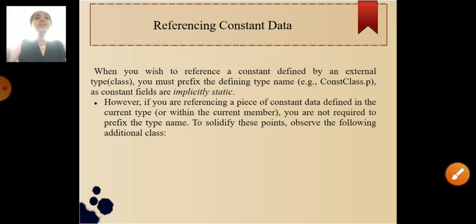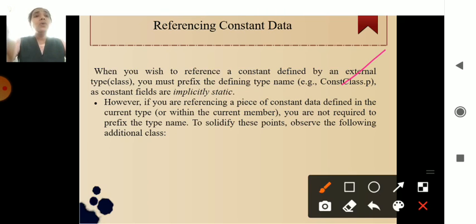Next you will be learning about referencing constant data. Referencing is when you want to refer to something, what do you use? You use a dot. Mainly I want to access a variable which is somewhere else. How do I access it? Directly through the class name and the particular variable name. Remember, only the classes which are abstract can use the const keyword, otherwise they cannot. Okay, const class is nothing but that particular class becoming constant.